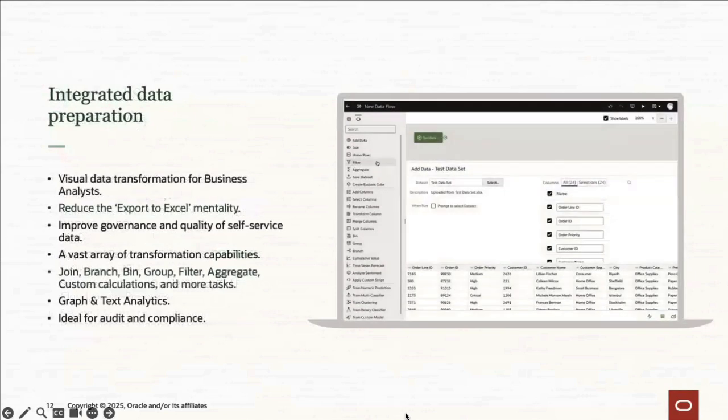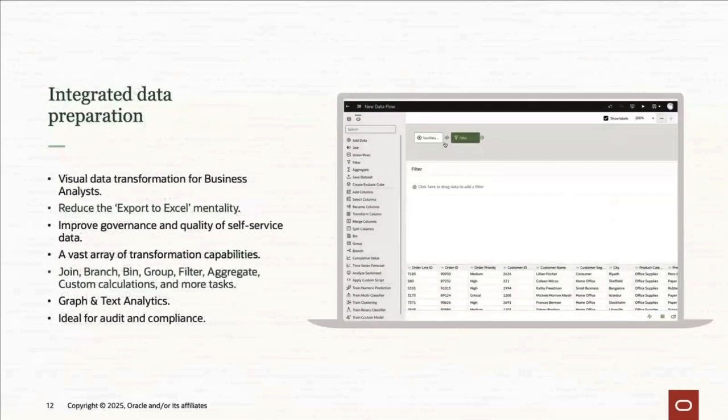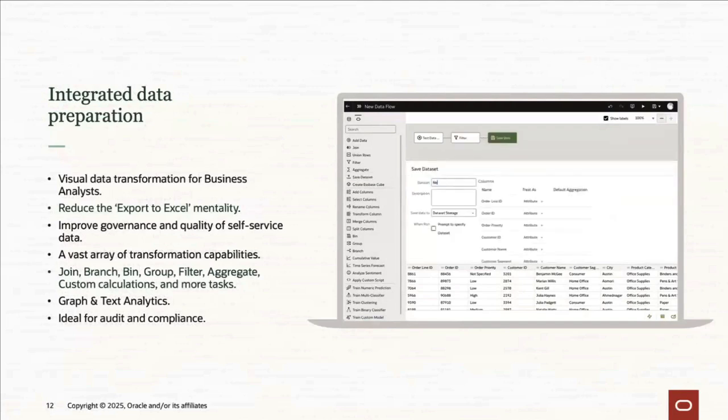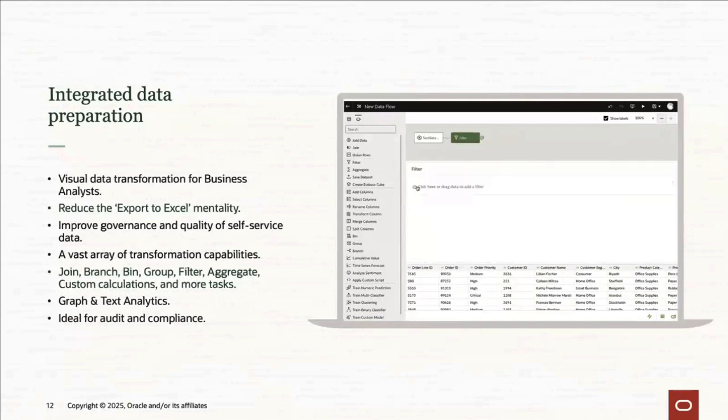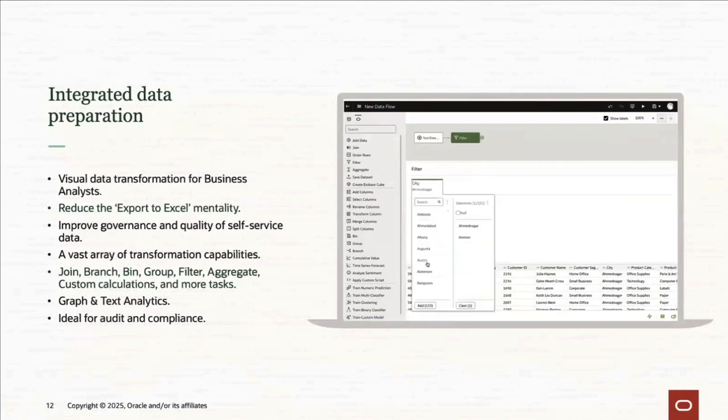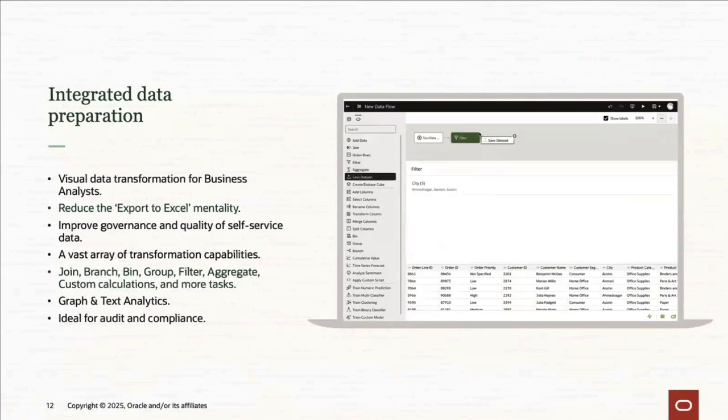So on top of the connectivity, we're going to look at data preparation. One of the key pieces of data preparation, which is kind of going to tie into some of the augmented analytics as well, is the idea that you're going to be able to have these tasks repeated. So when we create a data flow, we can have a data flow run in routine intervals. You can have a data flow saved and then reuse them. All of these are going to help you accelerate your business analytics.